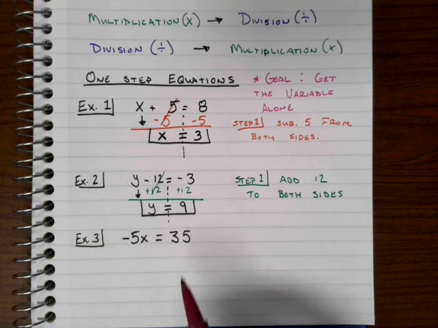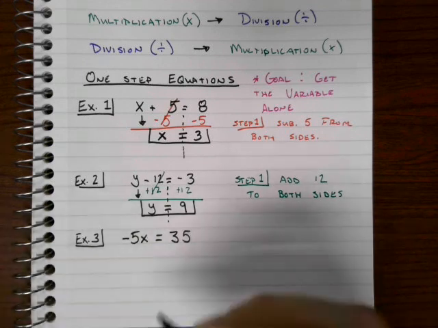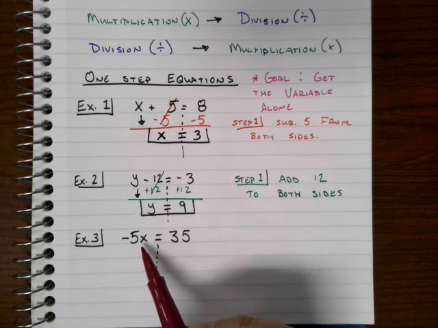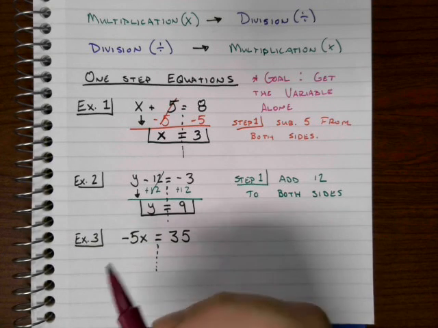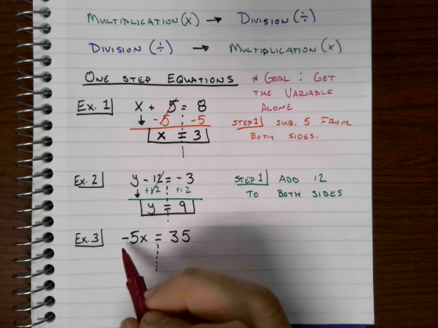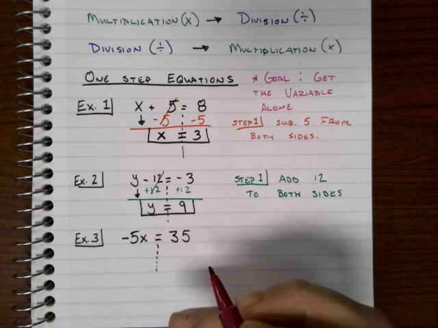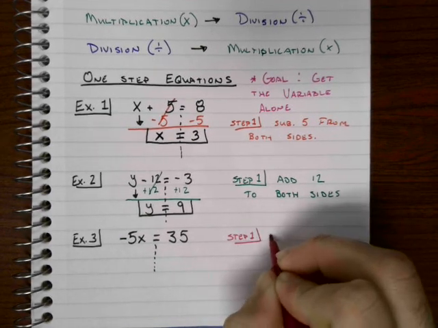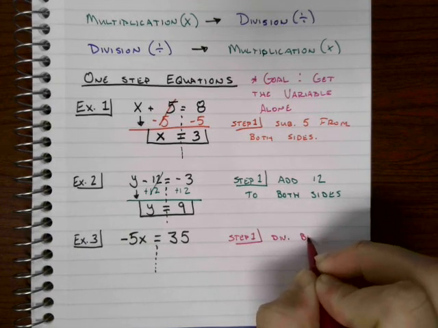So here we're going to determine what we got. And what I got right now is I have negative 5 times x equals 35. So I have to do the opposite to get x by itself. The opposite of multiplication is division. So what I'm going to do here is divide both sides